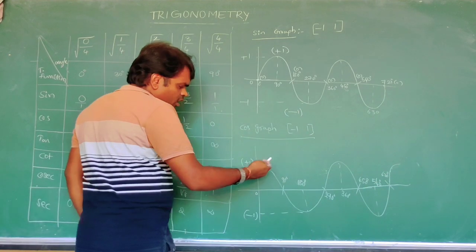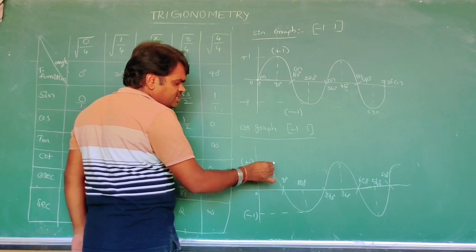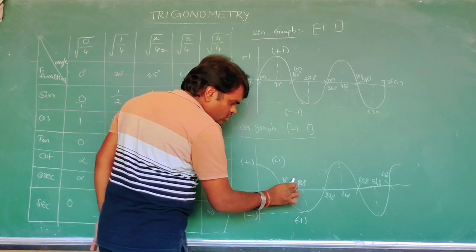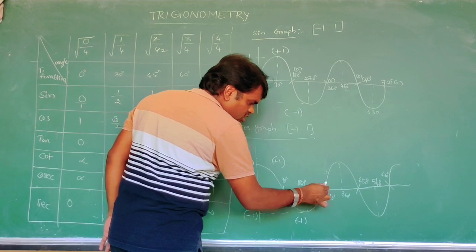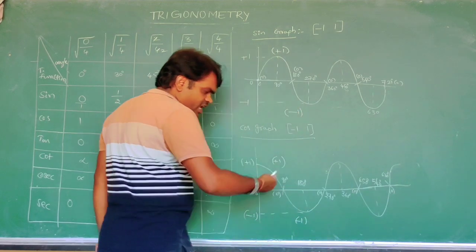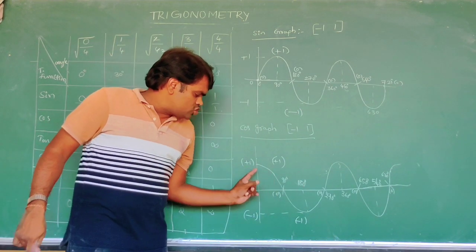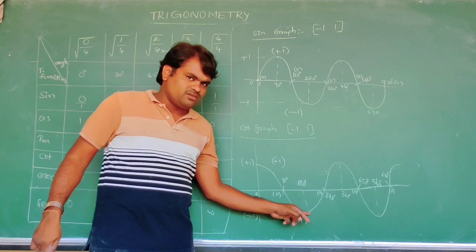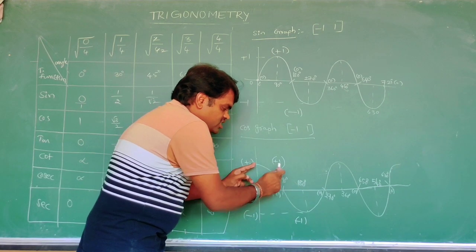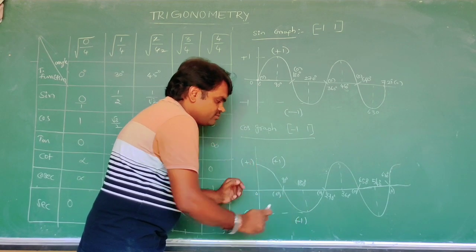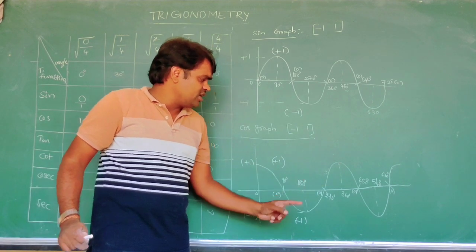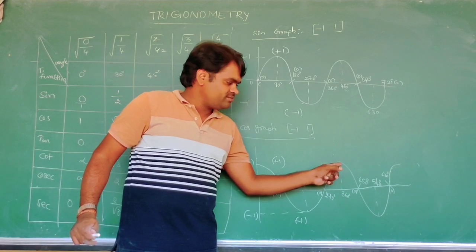Okay. Now above these angles, these are plus 1. No, this is the minus 1. This is the 0. At the intersection with the x-axis the value is 0. This is 0, this is 0. The values on the axis will be 0. See, cos 0 is plus 1, cos 180 is minus 1. It is one complete cycle. It is one half cycle, 0 to 180 is a half cycle. Here 360 is a complete cycle. Here to here, cos 360 is plus 1.